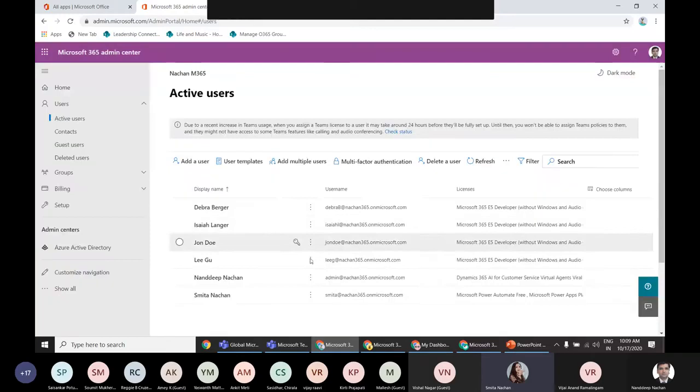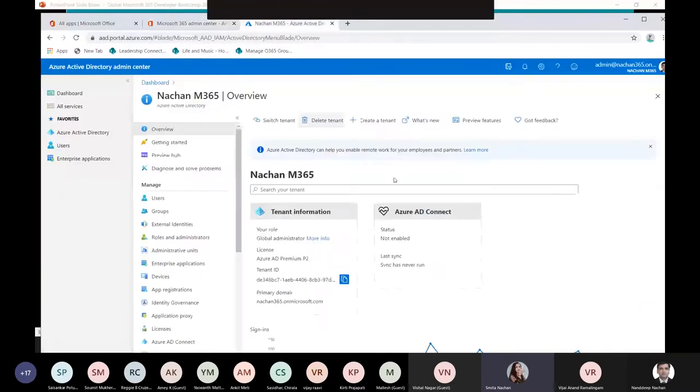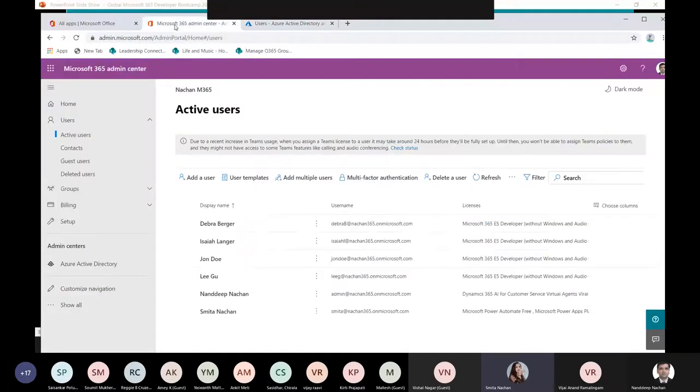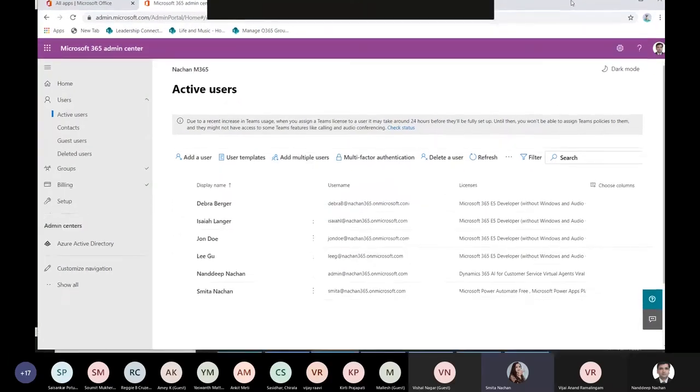When you are an advanced user and you want to assign roles, or set multi-factor authentication right at the creation of the user, then go for the Azure portal user creation. And if you are a non-advanced or basic user who just has something to do with user administration, in that case you can go to the Microsoft 365 user creation.